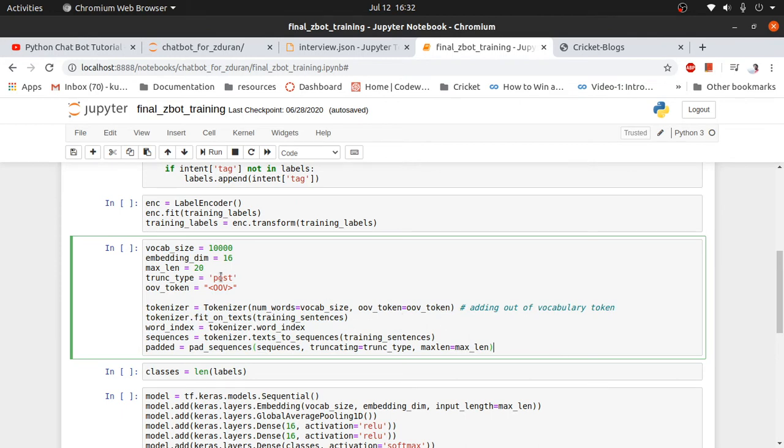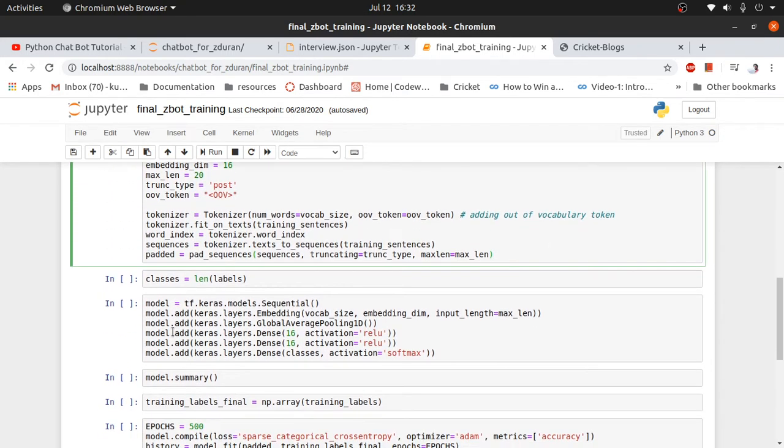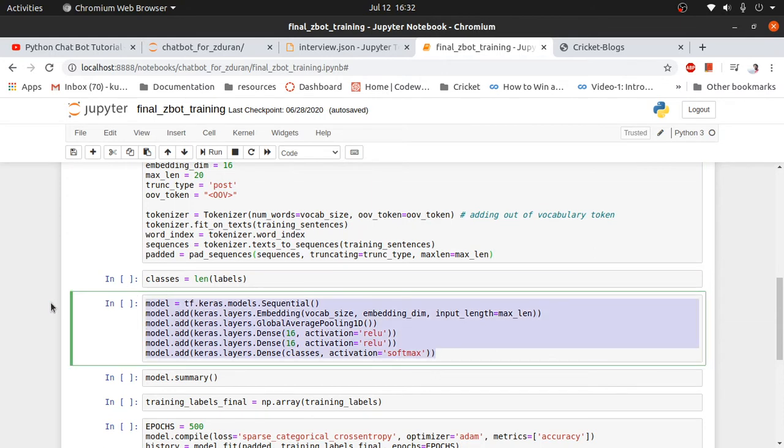Okay, moving forward, this will be the vocabulary size, dimension, length. What I'm doing here is tokenizing these target sentences and then padding them and passing them through our TensorFlow deep learning model.